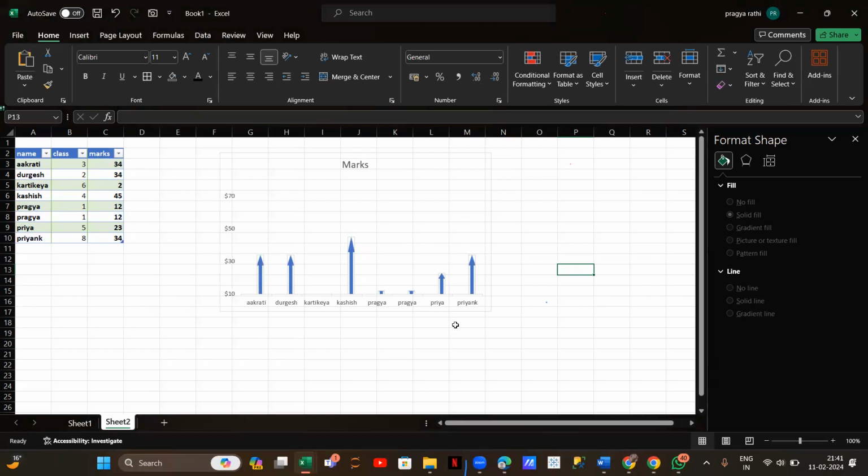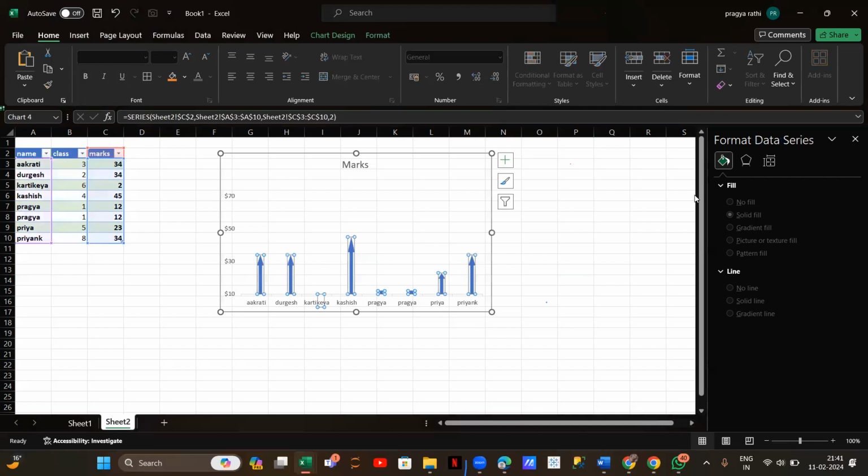Is it clear? Is it clear how I did this arrow? Write yes or no in the chat box. Okay, so